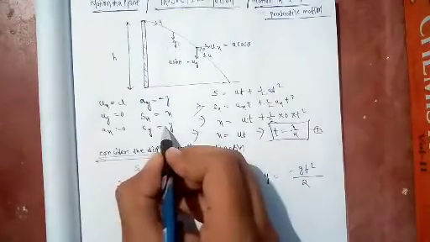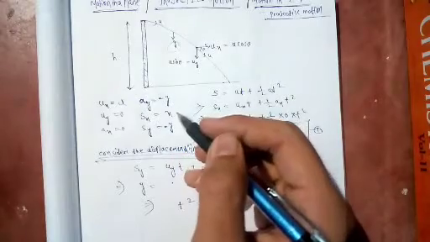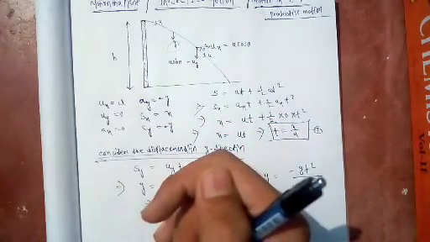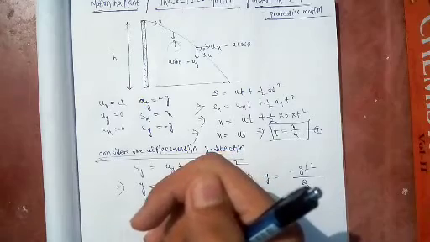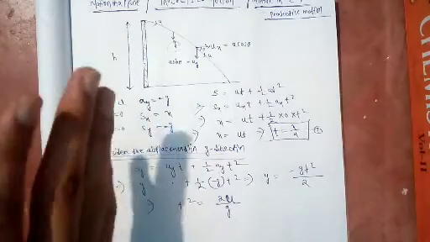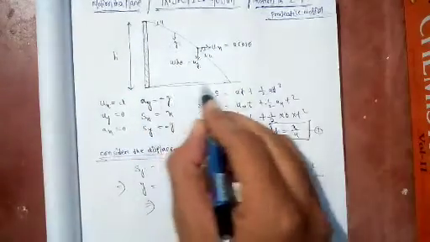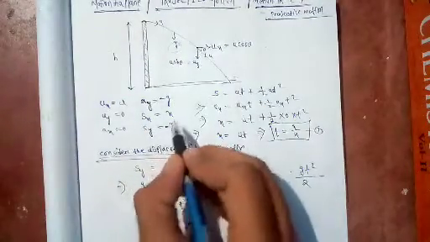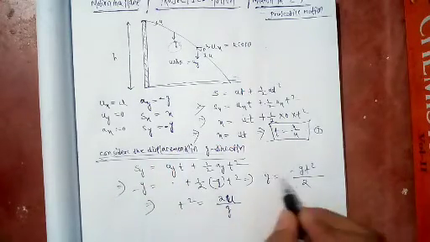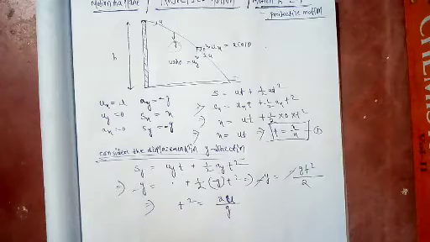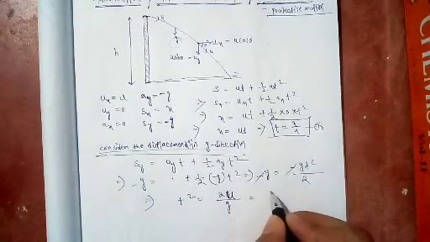Displacement in the y direction is negative because the acceleration due to gravity decreases the velocity in the y direction, so the displacement in the y direction decreases and increases in the x direction. Okay, so we take the displacement in the y direction as negative, so the negative signs cancel out on both sides, so t square is equal to 2y upon g.